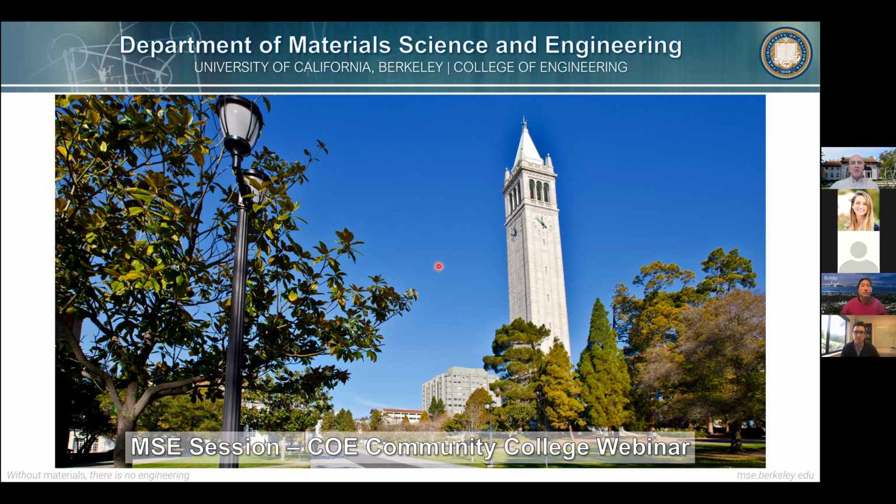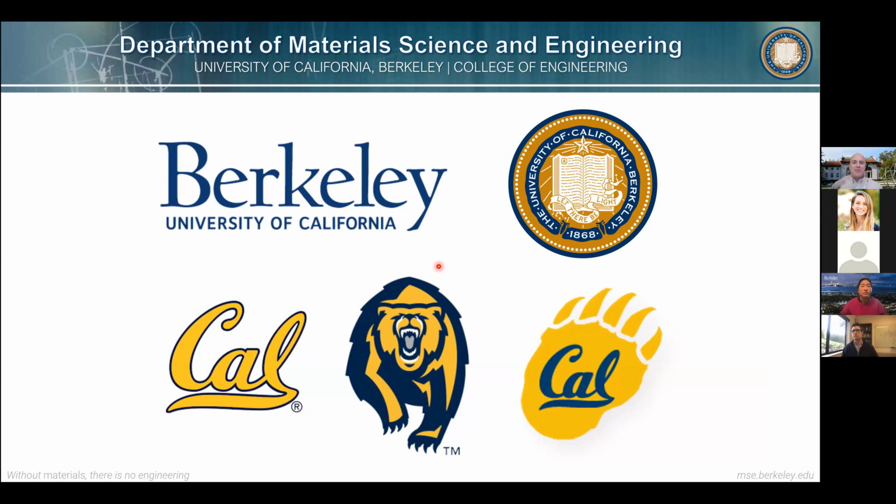I'm sure many of you don't need an introduction to the campus overall, but we have this kind of dichotomy, right? On the erudite, fancy side of education, we're Berkeley, and we have this fancy crest here. And then for the sports and other side of things, we get a little more crazy with the bears and these sorts of things. But we are one and the same, and we try to embrace these different aspects of life in lots of things.